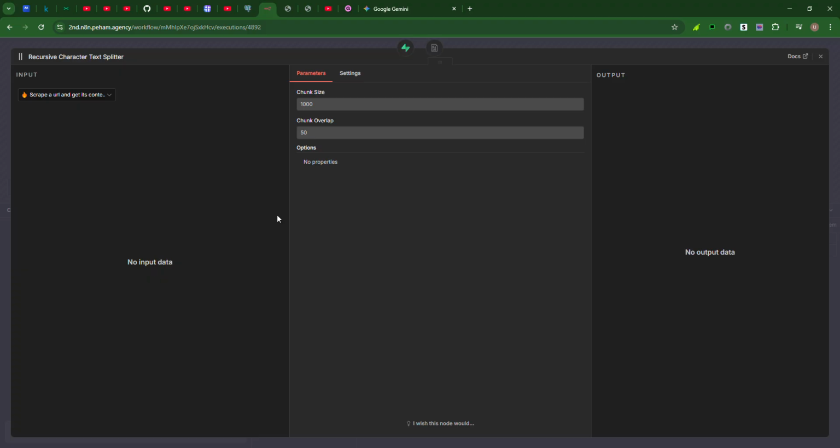We'll use this 1000 chunk size to be very precise in placing that in a cell,